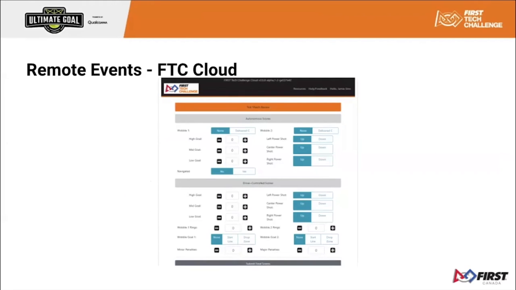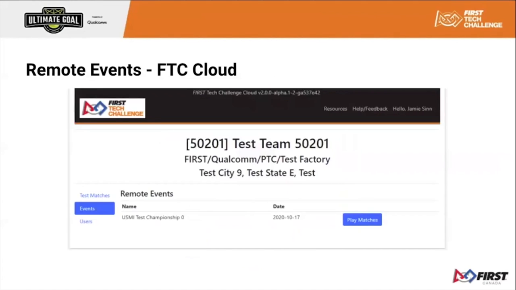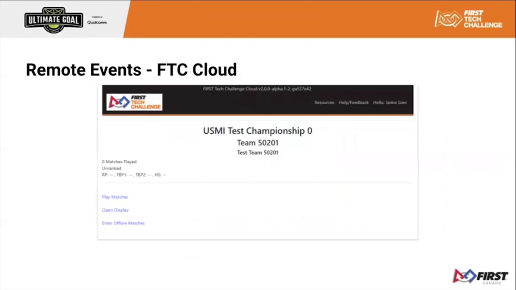On the next page, we have the remote events. You will see any that you are registered for. For this case, there's only one, just from the testing we had done before. On the next slide, after selecting a specific event, you can now say, okay, play matches. Now this is where it actually counts. There are no matches played as of yet, so there's no score to show about who's played, whatnot. So once you have a match recorded, the next slide will update